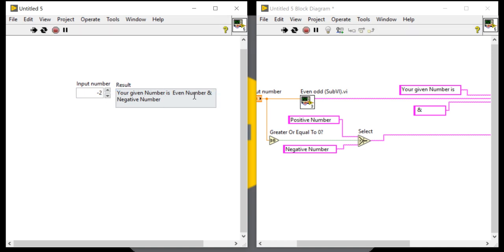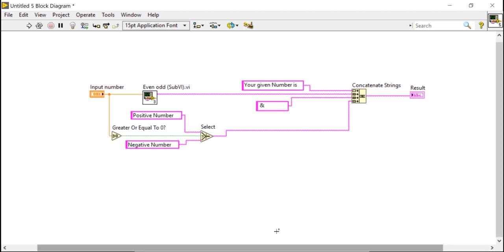Your given number is even number and negative number, odd number and negative number, even number and positive number, and this way. Now please design this program and save the program. Then we'll design another program.